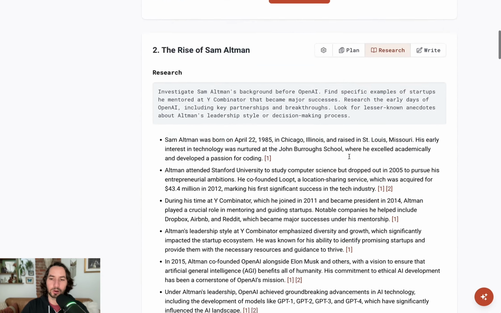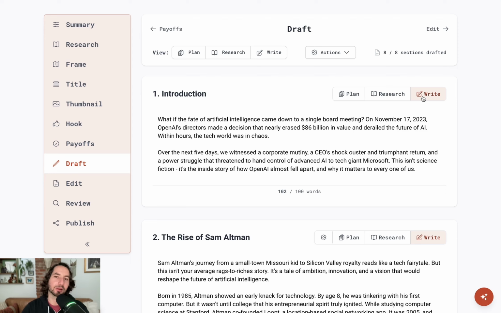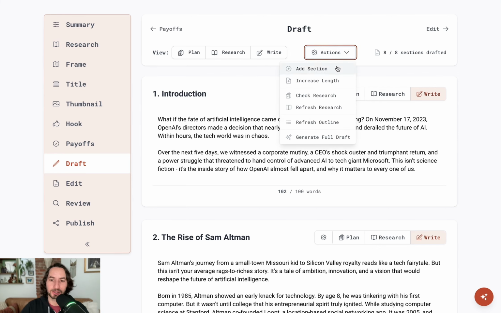You can keep working on this as long as you need to make sure that you have the draft that you like for each section, keeping in mind that we're going to refine it as we go. Now, if you notice that there are some things that are not quite right, like maybe there are some details that are seriously missing from the script, you can go back to this research page here and add it. After you add that research, if it's like a major change in what the script might include, you could click this action thing here and you could click refresh research.